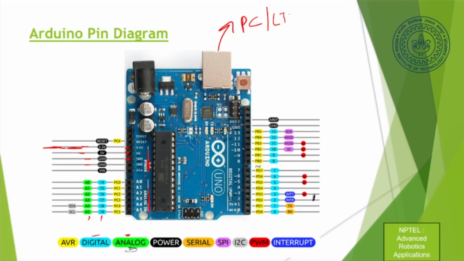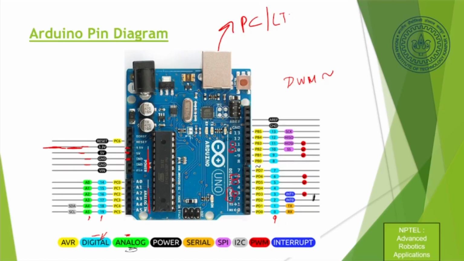Now in this case, here again, you see on the right hand side, there is 0, 1, 2, 3, 4. These are all there. And these are the AVR pins. Then there also, these are digital pins. Okay, so it is coming as digital here. Okay. And right here, if you note very carefully, it is saying PWM pin. So it says PWM and there is this tilde sign. So whichever pin has this tilde sign, that is a PWM pin.